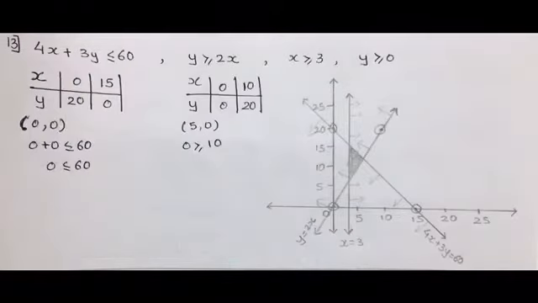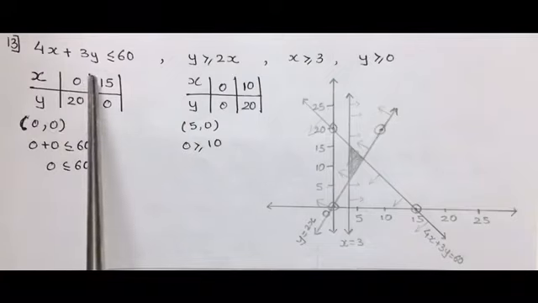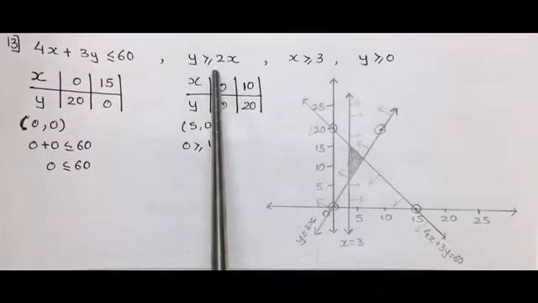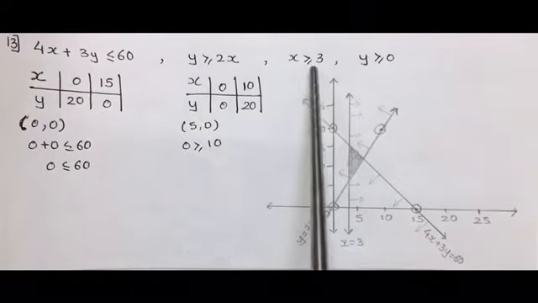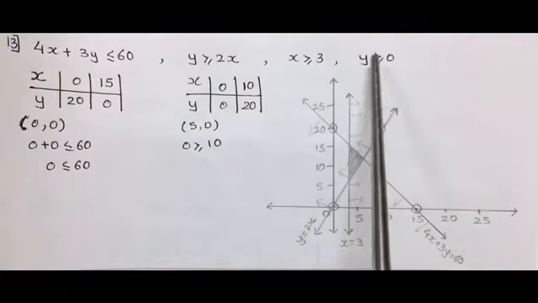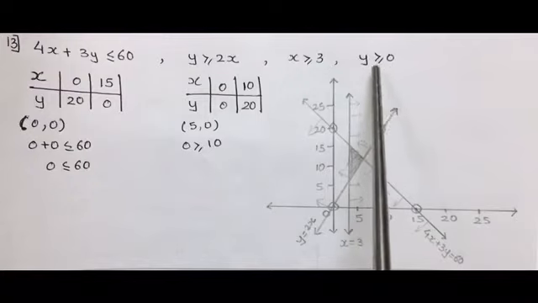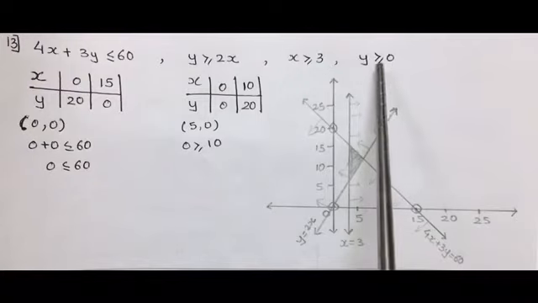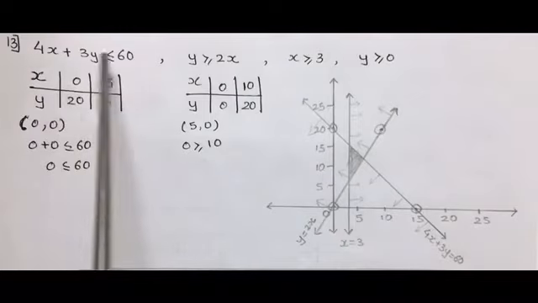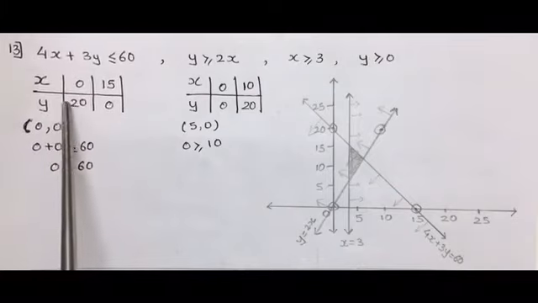13th one, the inequality given is 4x plus 3y less than or equal to 60, y greater than or equal to 2x, x greater than or equal to 3 and y greater than or equal to 0. Y greater than or equal to 0 means only the positive values of y are to be taken up. Beginning with the first line, taking 0, 0 in both, the first point that we got